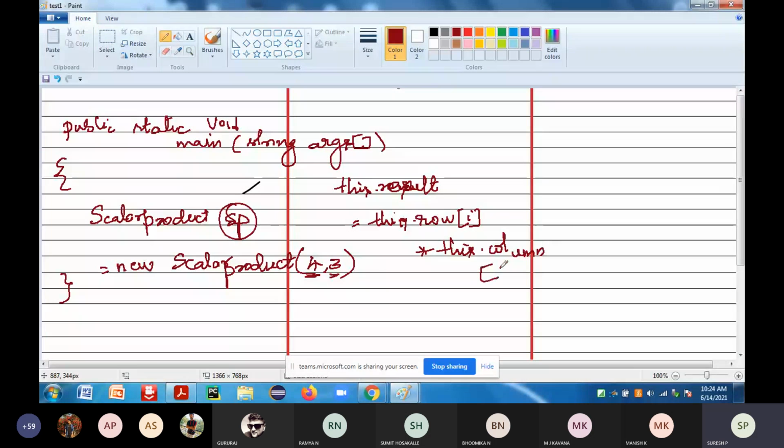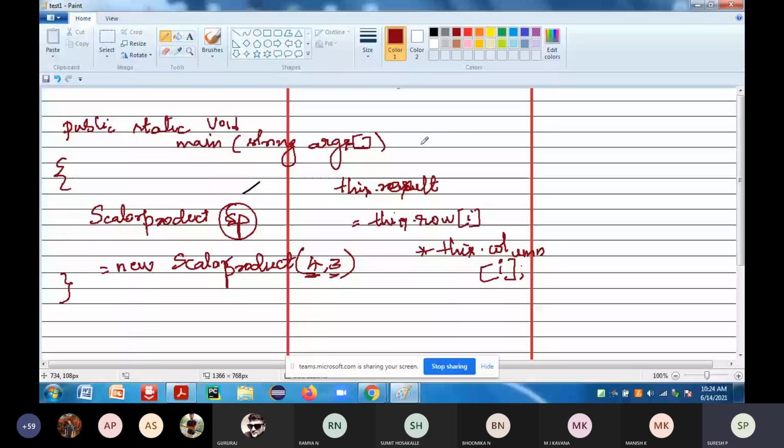So this is a pointer. I'm assigning that result to this dot row of I and this dot column of I. That's what it is going to specify, till it equals the product length.